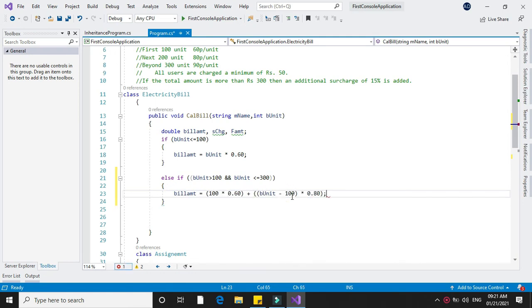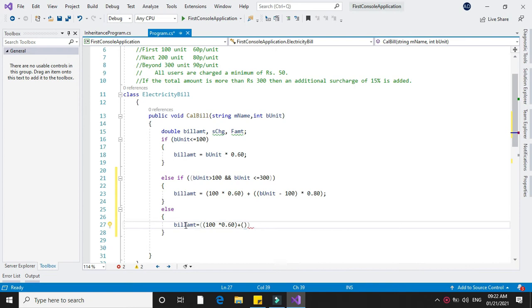And then we will see the third condition, that is beyond 300 it will be 90 paisa per unit. So else bill amount equal to, for first 100 units it will be into 0.60, then for next 200 units it will be 0.80, and for remaining units it will be for 90.